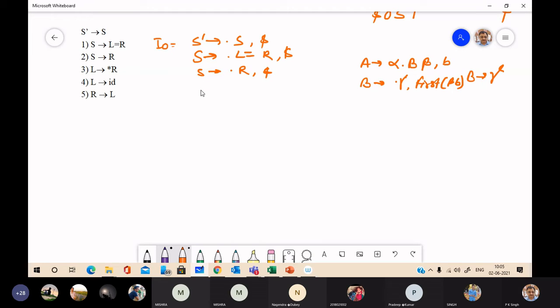So L to dot asterisk R, and for lookahead symbol, leave this L and remaining is beta, means equal sign R is beta and $. Beta a is equal sign R and dollar. So first of this is nothing but equal sign, this terminal symbol.